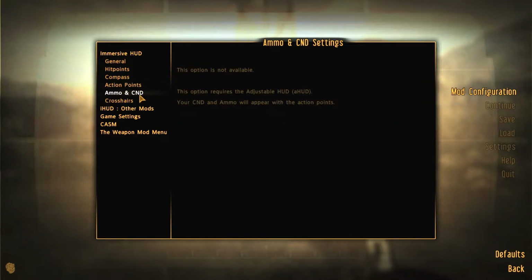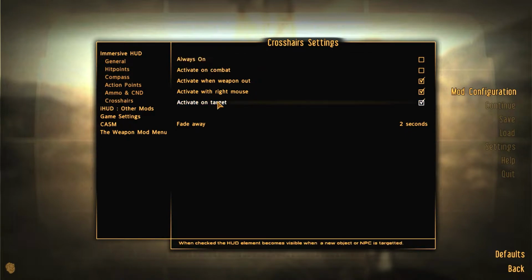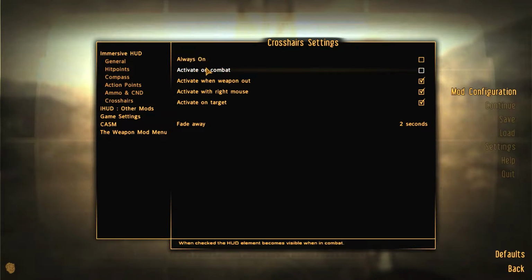So on to ammo and the condition of your weapon. Once again, you need a HUD for this. And then you can go onto your crosshairs. So I'm going to keep those the same, actually, and onto your crosshairs. Now,